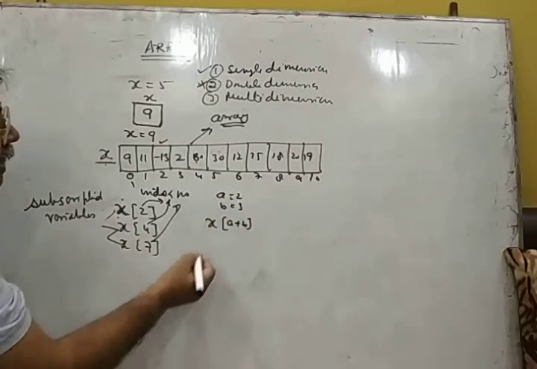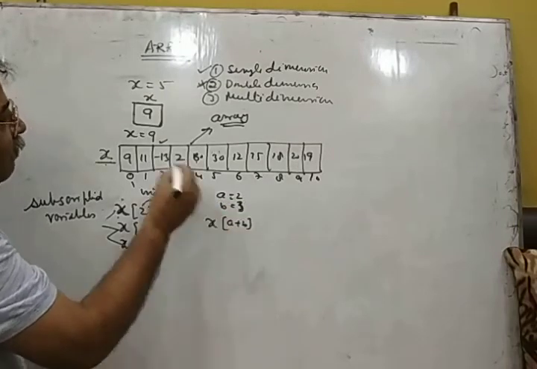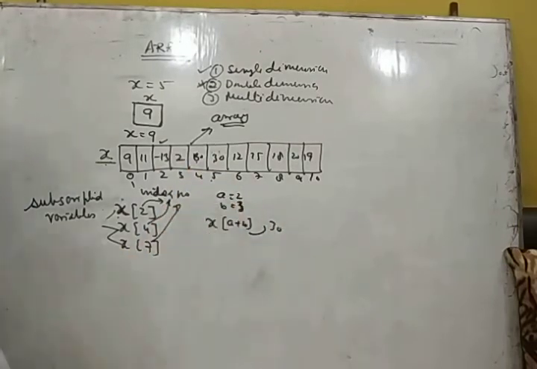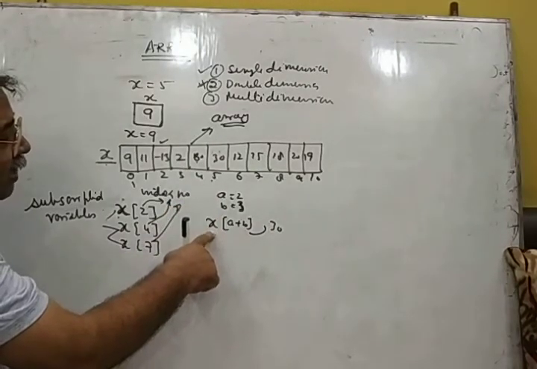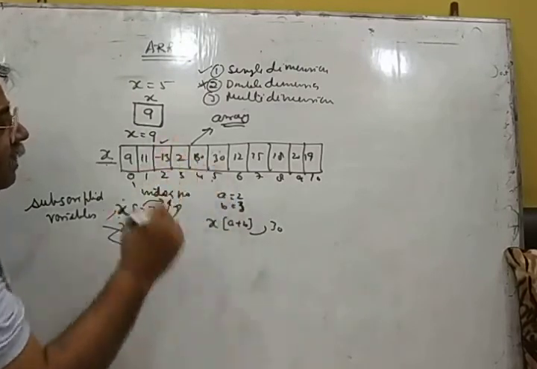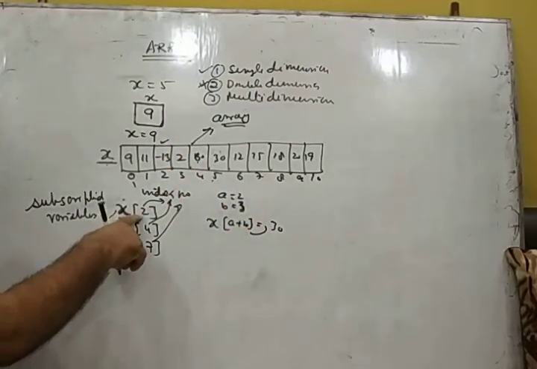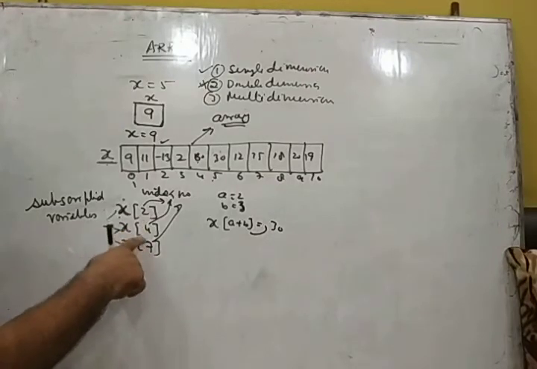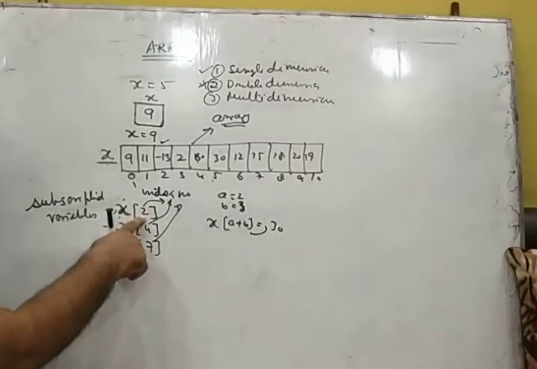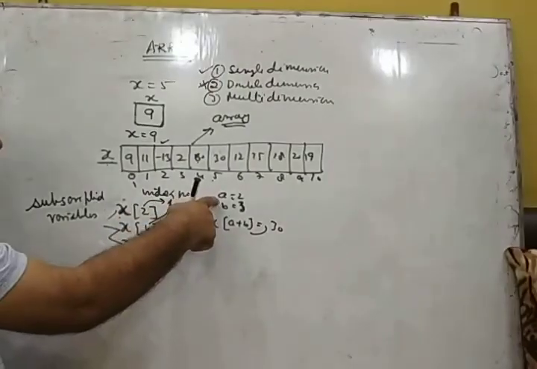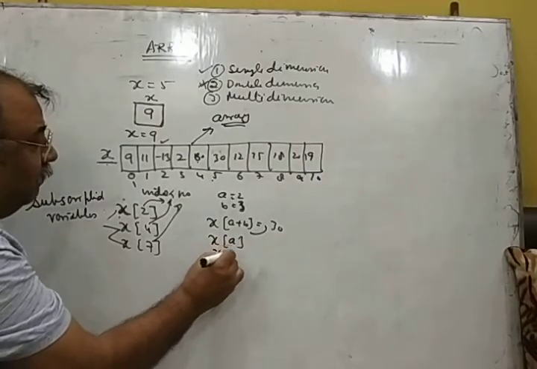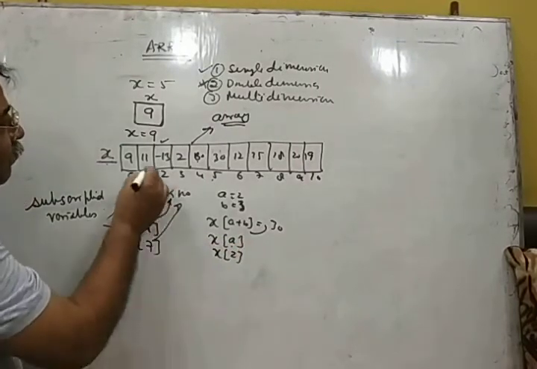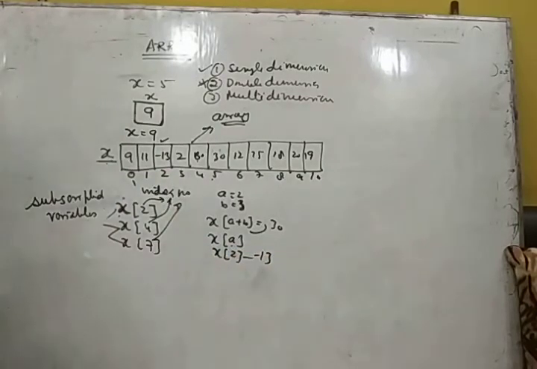That means you are talking about x of 3 plus 2, that is 5. X of 5 is 30. That means you are talking about 30. You are talking about which variable, which value? You are writing the address of x of 5. That means 30. Right? So these values cannot be negative values, cannot be fractional values, but can be a constant, a variable, or an expression. If you write x of A, that means you are talking about x of what? 2. X of 2 is minus 30, that is you are talking about minus 30. So this is the way how we use these variables, right?